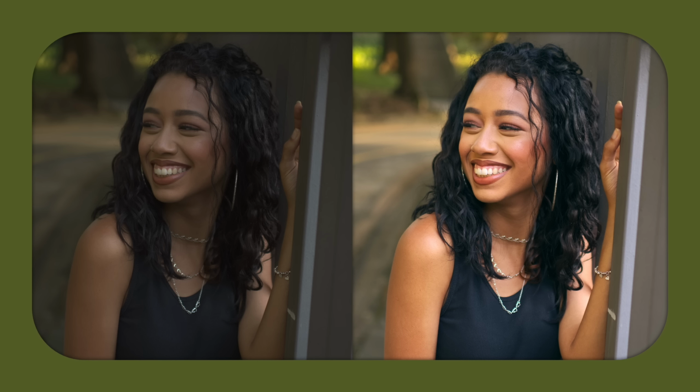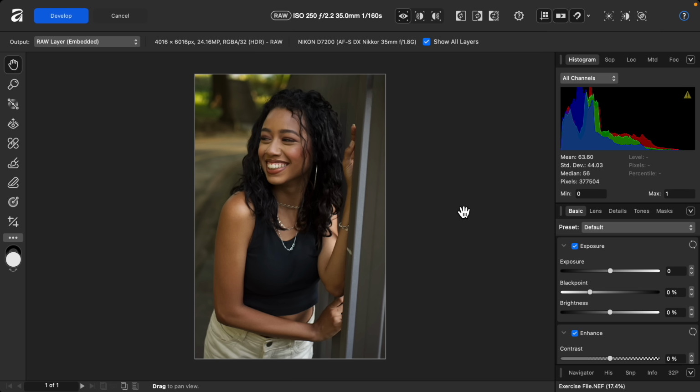In this video, I'll show you how to edit raw photos in Affinity. Let's get started. If you'd like to follow along with me, I've left a download link to the photo that I'll be using